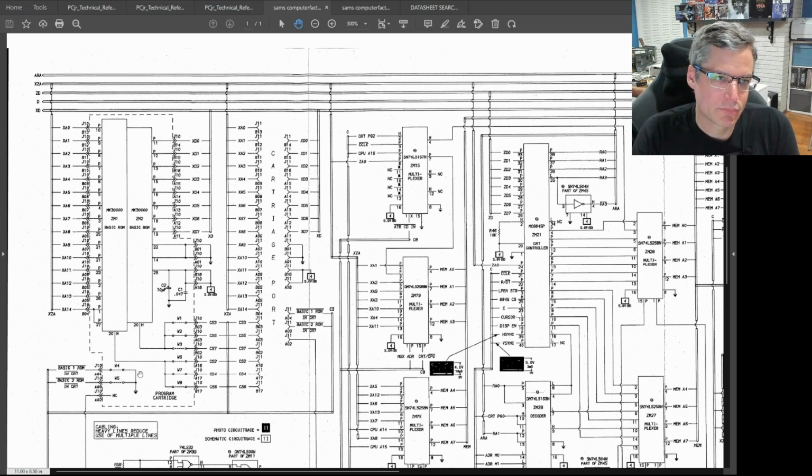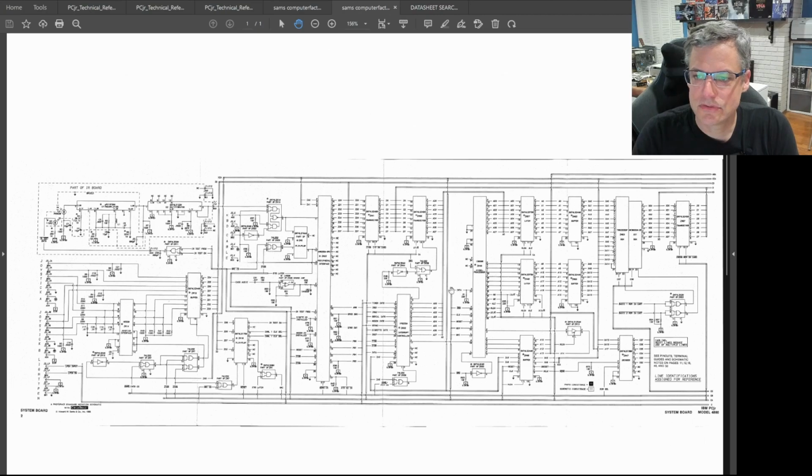But if you want to do a BIOS override, for instance, which I believe you can do for either of the 32K halves, although I don't know if anybody ever just overrode one of them. I think usually it was a complete BIOS replacement, but I suppose if you only had to modify one of them, you could. What you end up doing is grounding some of the pins, because you have a ground provided to you in the cartridge through one of the connectors, and you ground that signal going out. And what happens is, if we go over to the other diagram here of where the system ROM is,